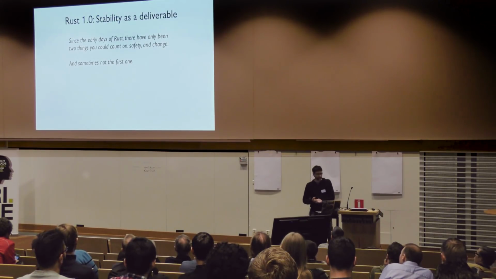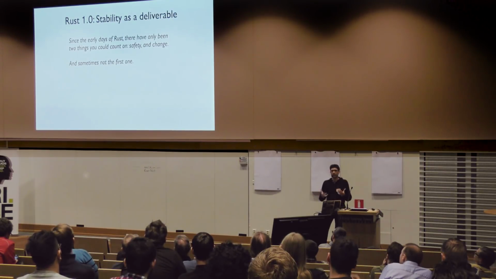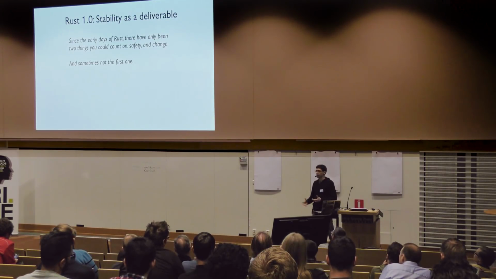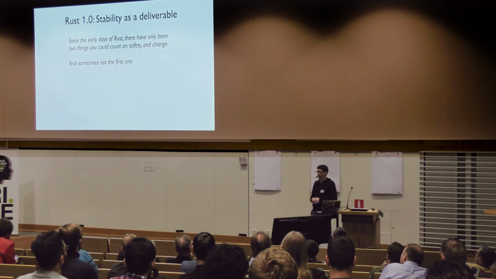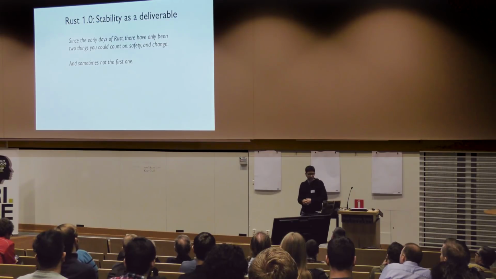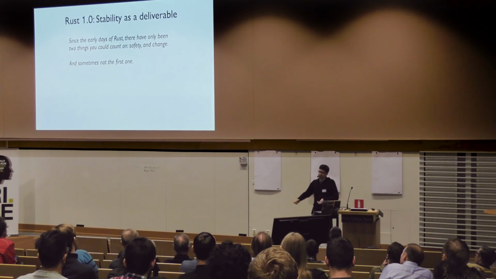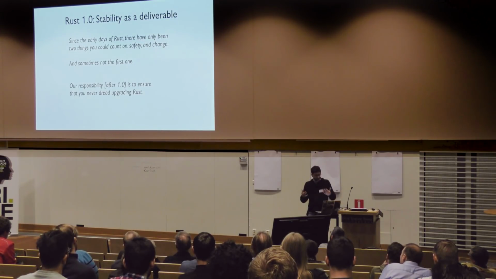And one of our big things that we've been working on is how to manage the stability of Rust that we want, because people don't want to build on an ever-shifting language, while continuing to innovate and bring new features and make improvements. So in the early days, we basically just broke the world all the time, right? And a couple years ago, we declared 1.0, and we have not been doing that ever since. And I can't tell you what a nice feeling it was to go back to a Rust code base after 6 months and build it and find, oh, it still builds. That's nice. But we still want to have these new features.